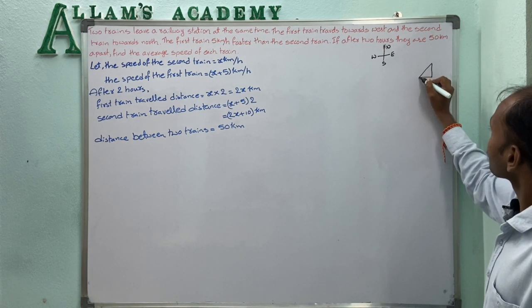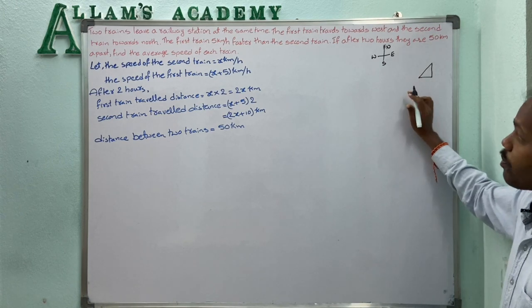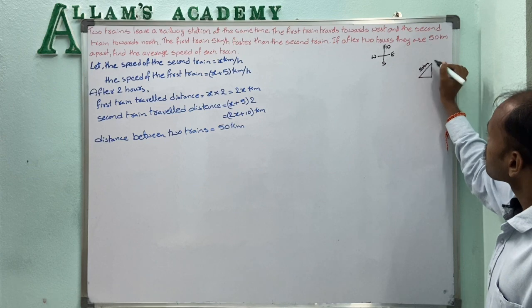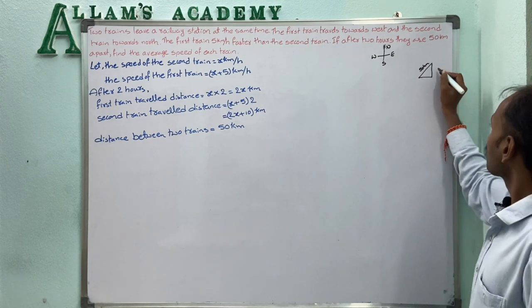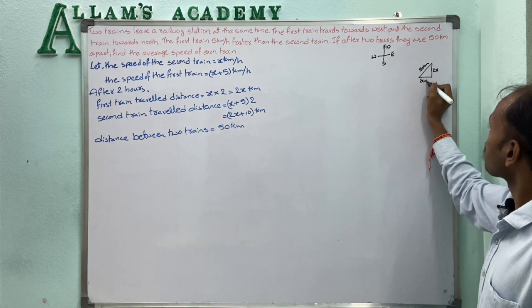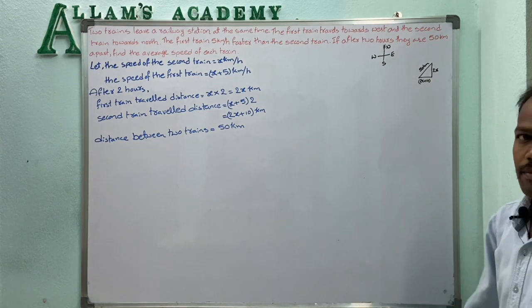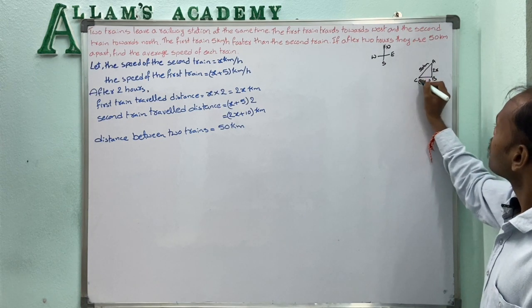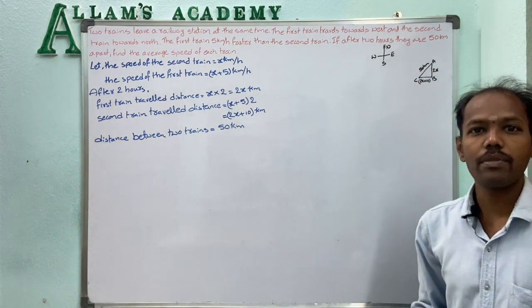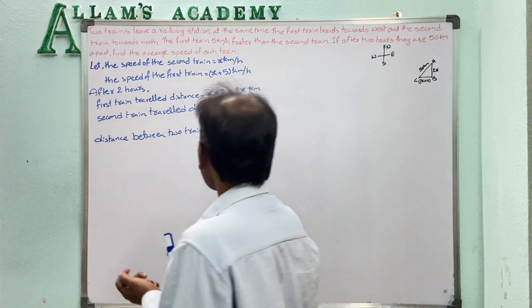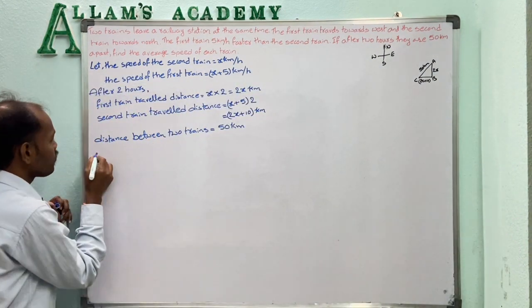So now here the two trains, the distance between them is 50 kilometers, given. The first train traveled 2x kilometers, the second train traveled 2x plus 10 kilometers. That means here we form a right triangle. So a right triangle we formed. So here we have a chance to use Pythagoras theorem. So by Pythagoras theorem,